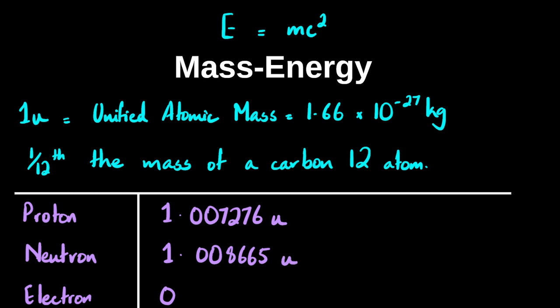Now subconsciously I said the atomic mass unit instead of unified atomic mass, and that's exactly the same thing. Some textbooks may use the atomic mass unit, but your syllabus uses the words unified atomic mass. And the electron has a mass of